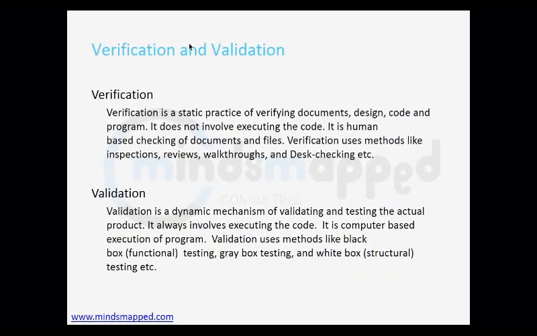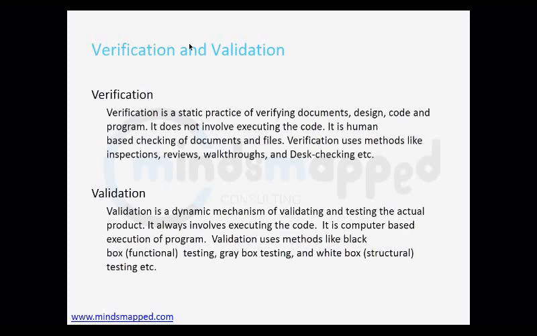Another concept which we need to know as a QA engineer is verification and validation. Currently, I'm not getting into depth since this is a demo class, I'm just giving a high-level view. We will go into depth on each of the topics in the actual classes. So, verification and validation. These are two concepts. What is verification and what is validation?